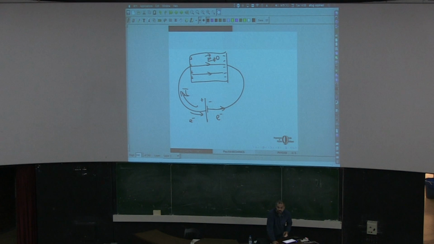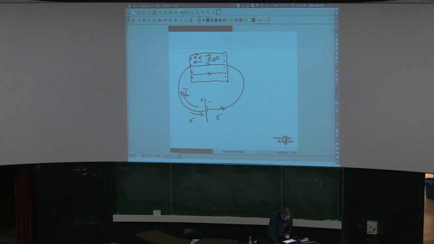So if you imagine one electron here, what is the direction of the force that the electron will feel? Towards the left, towards the right? Since it's negatively charged, it will feel a force in the opposite direction to the electric field, so it will feel a force towards the left. This is the force that the electron will feel. Now, if the electron is feeling some force, it should accelerate. That's what Newton tells us: the electron has a mass, we are exerting a force on it, so it should have an acceleration.